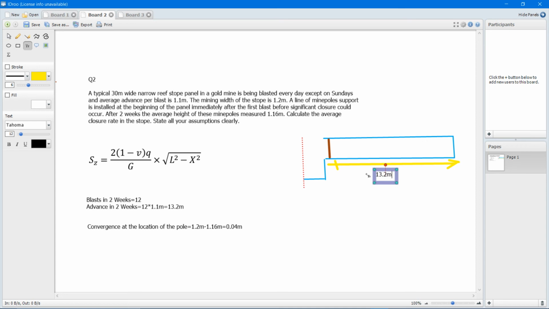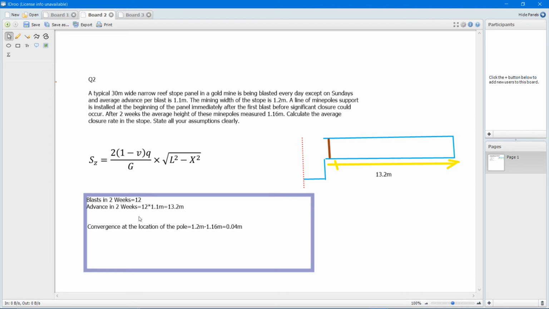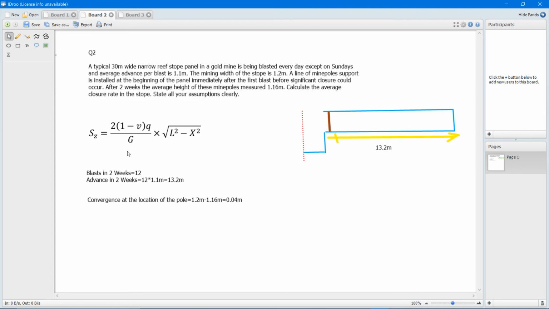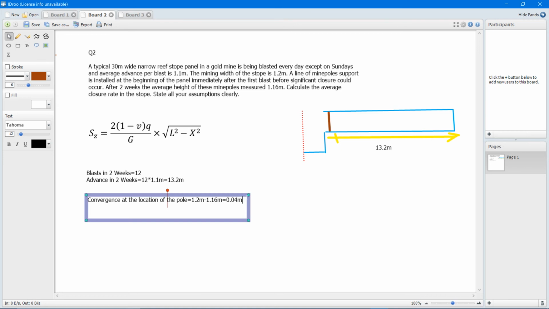Okay. Now we need a rate. Therefore, we can say closure. So basic closure rate is convergence per unit time or per unit of advance, which is meters. So closure in this case would be equal to,